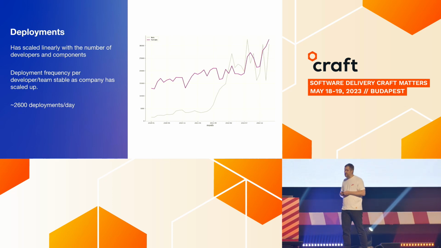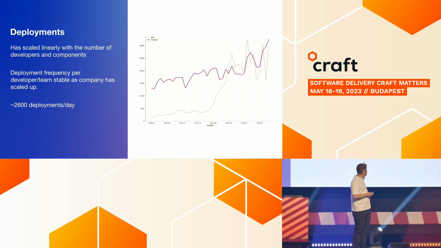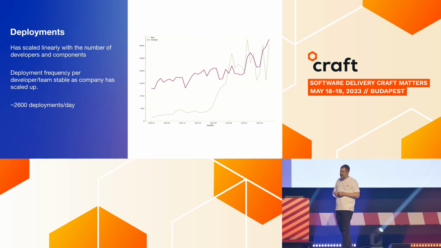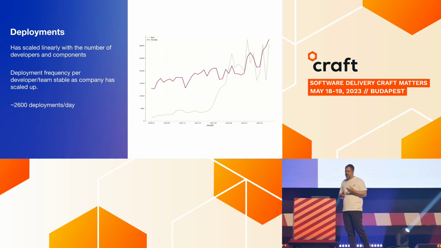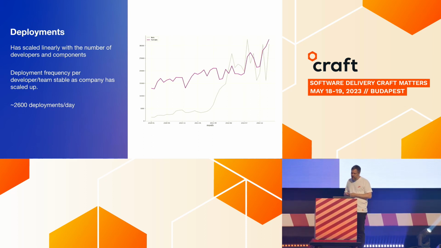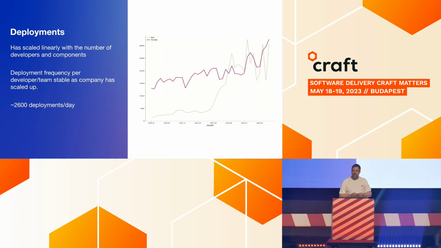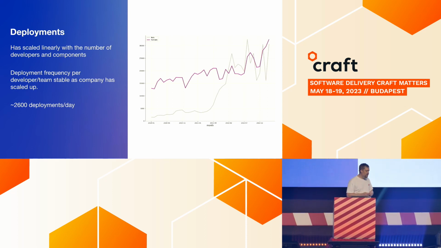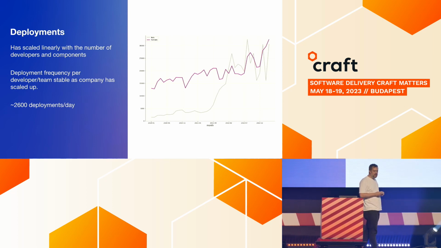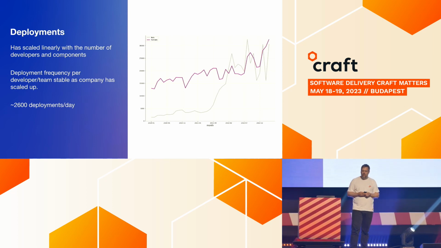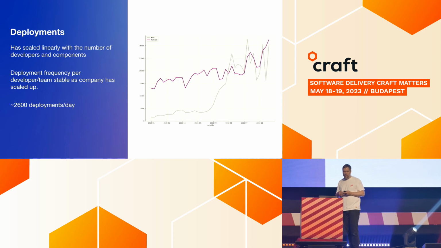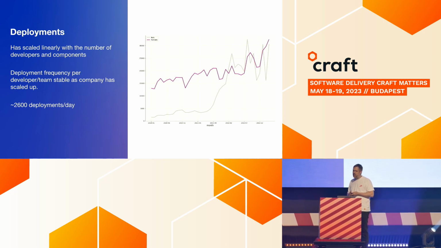There's also, as you can see in this graph, a purple line, which is the deployments that are due to a change made by a human. And then there's the gray line, which is deployments that are due to change made by some sort of automation. And as you can see, there's been quite a steep increase in those bot changes lately, and that's due to an effort that we call fleet management, where we're improving how we automate our software.